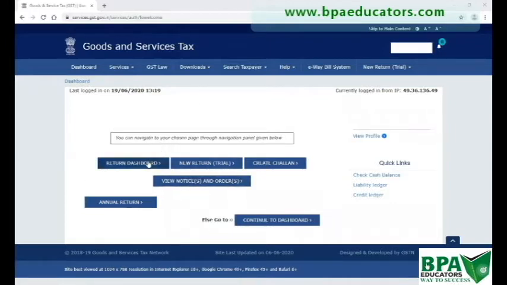On the dashboard, we get some quick links like returns dashboard, new return trial, create challan, view notices and orders, annual return, or else continue to dashboard. It is up to the choice of the person what he wants to do. If the person has to file return, then he can directly go to returns dashboard using this option, or you